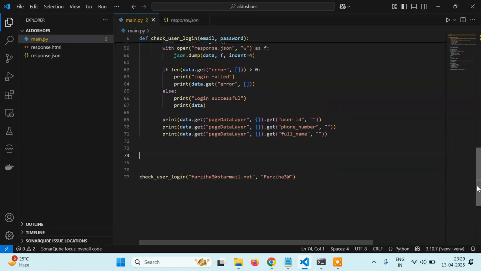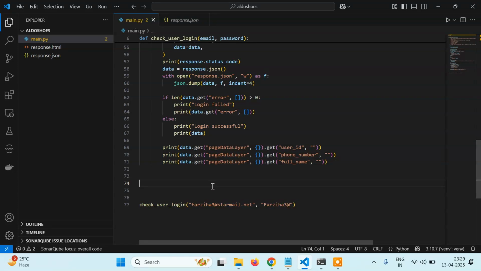In the next tutorial, we'll try to make a combo list for this checker and just fake type of, and we'll learn how we can use that combo list along with that checker. So yes, let's meet in the next